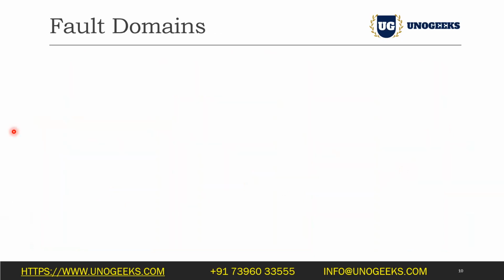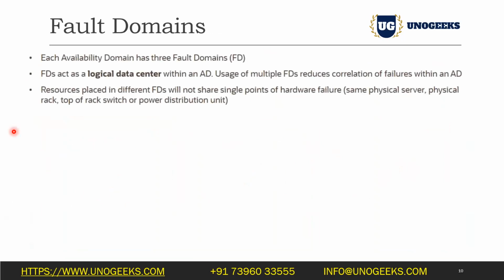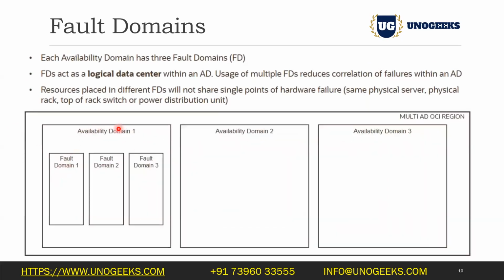And coming to the fault domains. A fault domain sits within an individual availability domain. You have 3 fault domains, so every AD has fault domains. A fault domain acts as a logical data center inside the availability domain, and usage of multiple FDs reduces the correlation of failures within an AD. So if there is any issue with this logical data center, you will still have FD2 or FD3